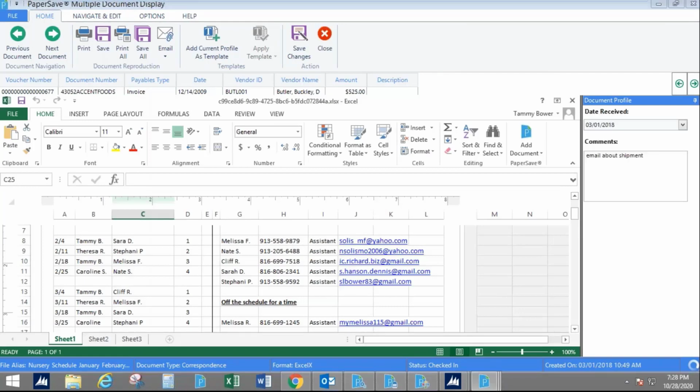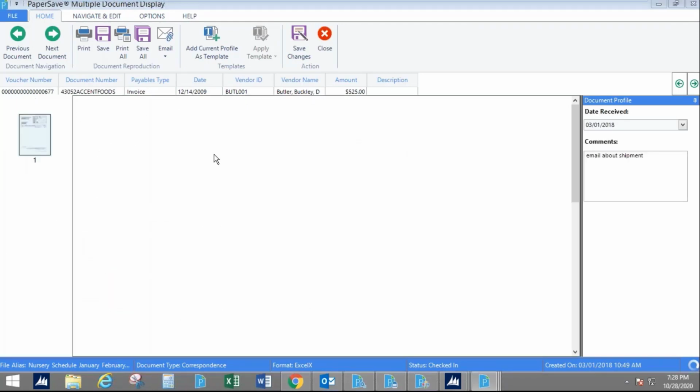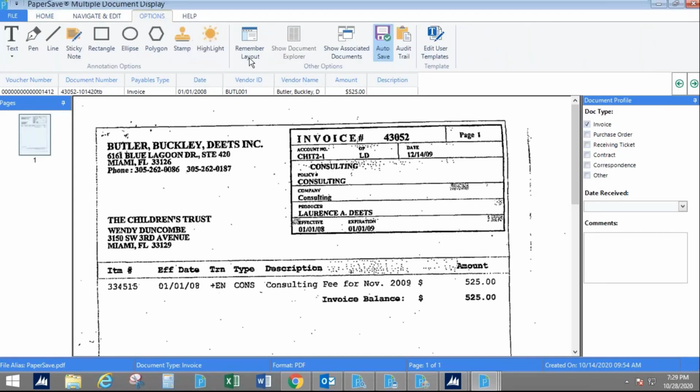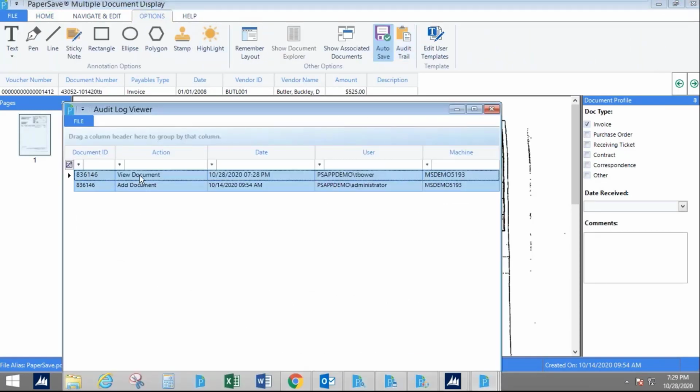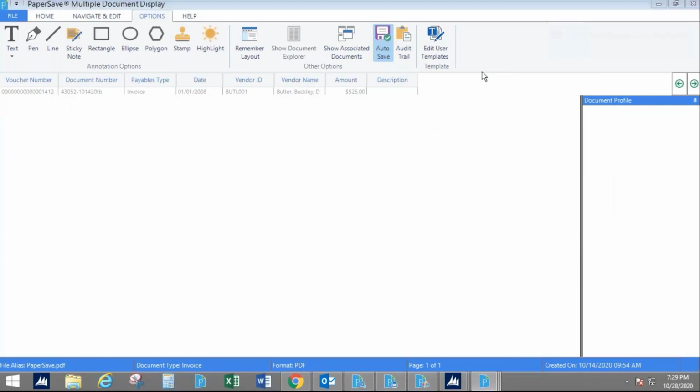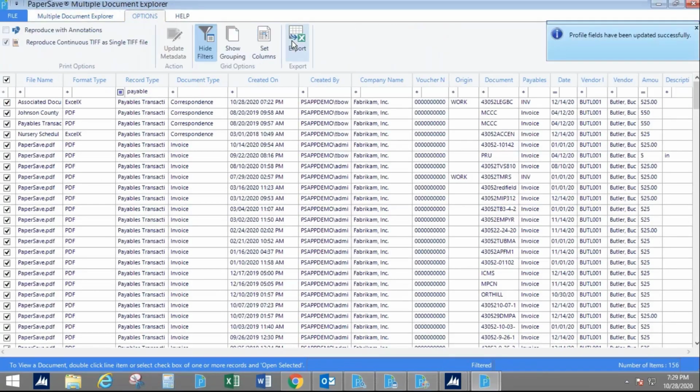I also can see workflow. But every time I look at these documents, I'm seeing, again, the workflow, if it went through a workflow process. It's also tracking every time I've looked at this, right, and opened it. But I can flip through it. I also have the ability, again, to email those documents out, or better yet, I can export them out into